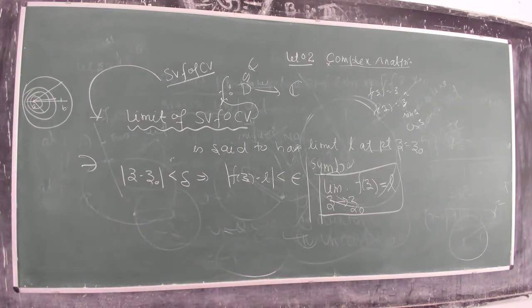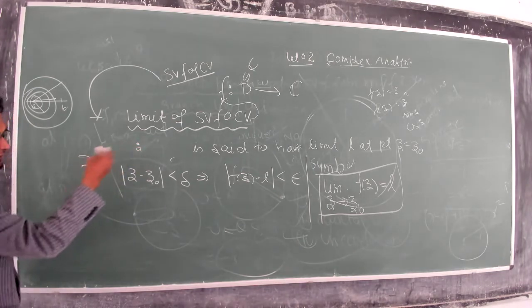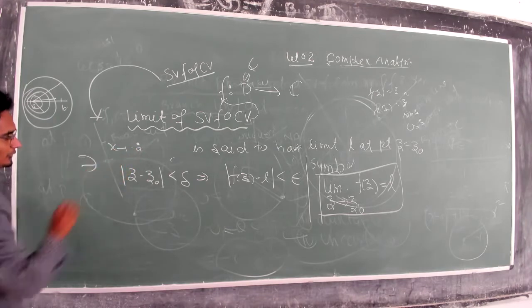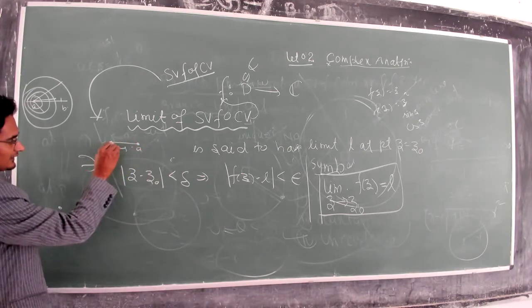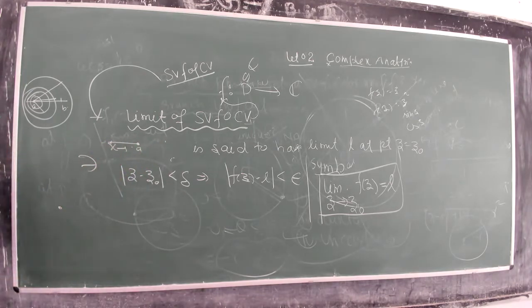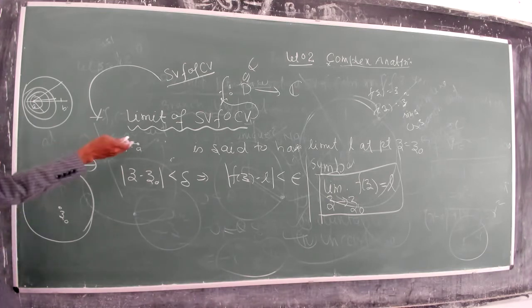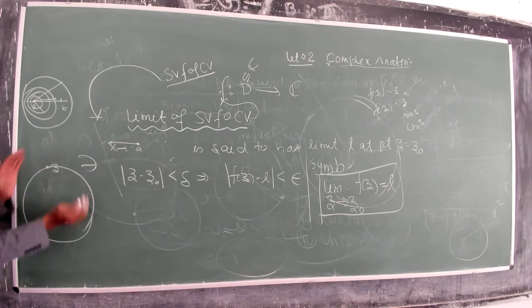Like in real analysis, if something is here, A, and I want to go here, I say x tending to A. This means we are some distance away, from here or there, and I can go to A. But complex analysis is not the case. How will you go in complex analysis? If z naught is here and z is here, and I want to come here, then you have to come this way. Because here there is only one line, but here we have freedom. So this is the way to approach.